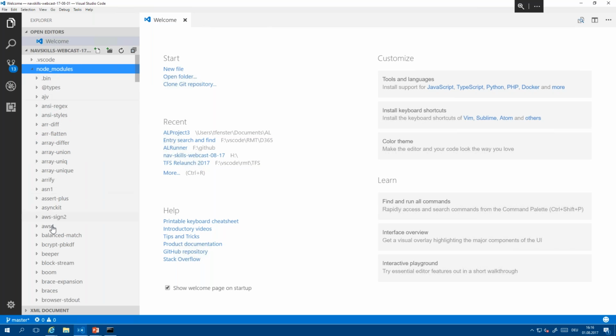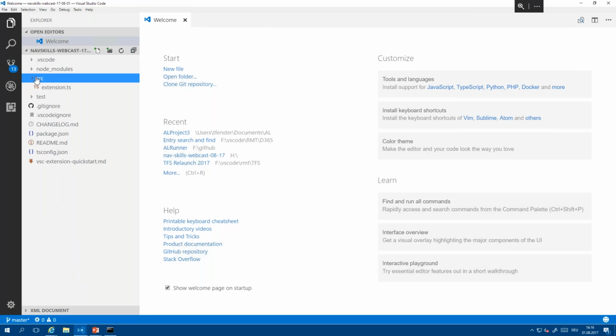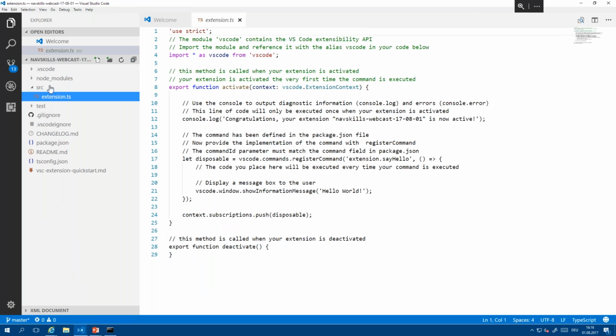You see the node modules where all the modules are stored. NPM is rather granular, so the modules are usually quite small. So you need a lot of those. And then we have the source code with the actual extension file. But first of all, I'll just use it as is. You can see here, without knowing too much what is happening, that we will be shown an information message, hello world. And as this is the use case for developers, always, I'm going to run that one.